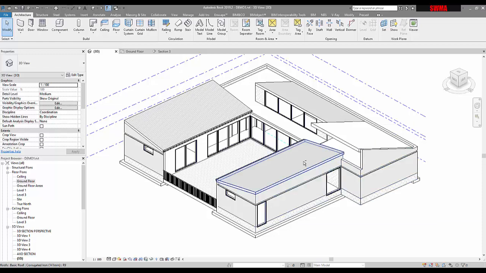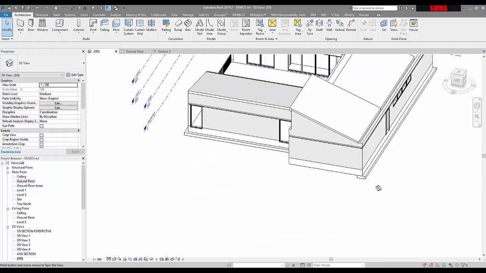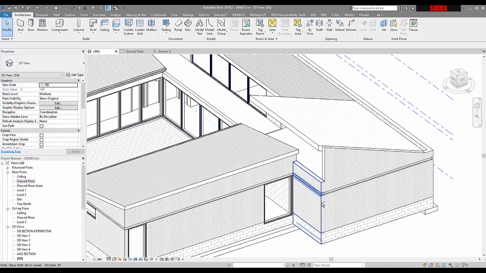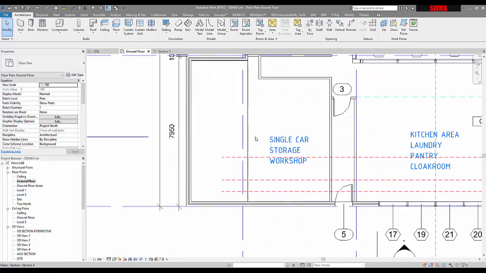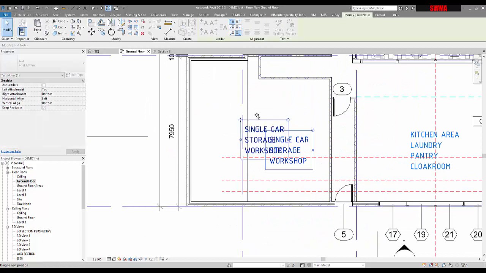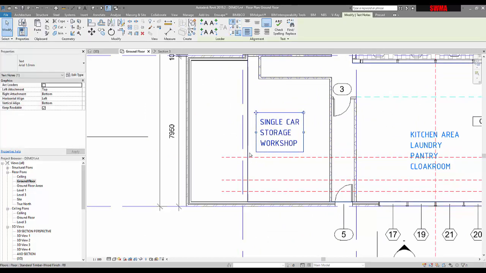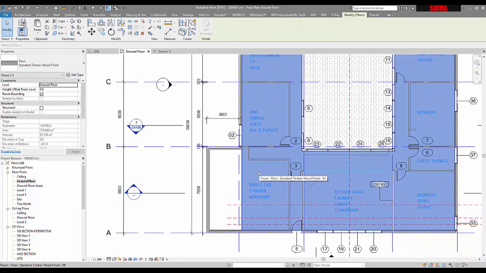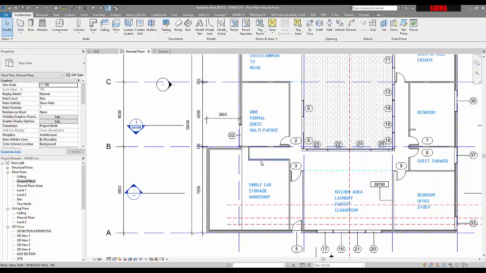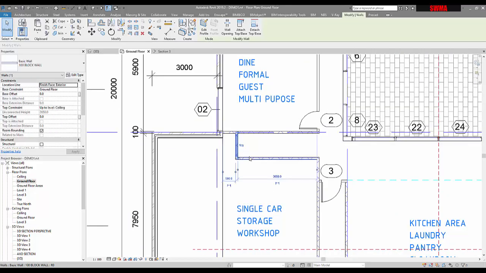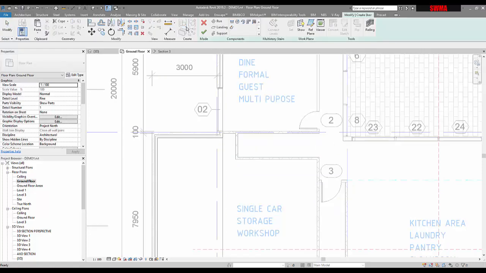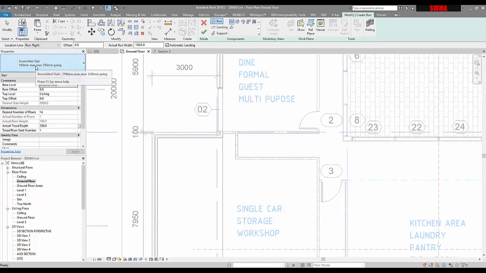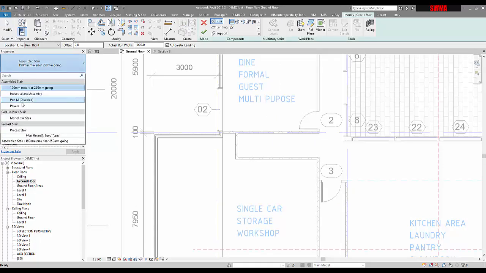Okay, for the stair tool, I'm looking at developing like a little loft space and extending the garage. So things are always changing. Maybe this goes from being a single car space into a double car space. We have our floor finish here. We could edit some of that. I've allocated a space here for maybe where the stairs could go, and here we're just going to do some basic stairs out of the box. It will default to the assembled stair. We're going to use the private stair,